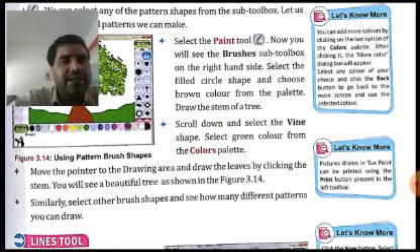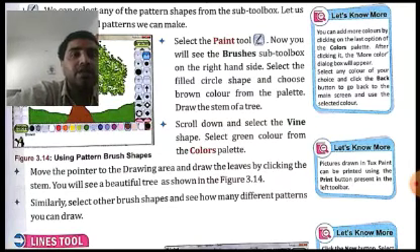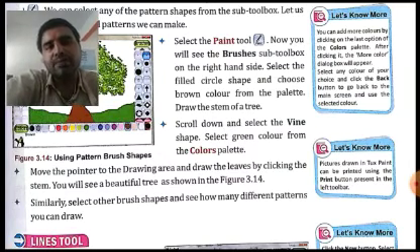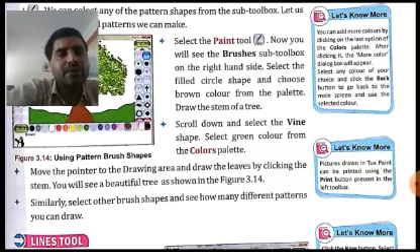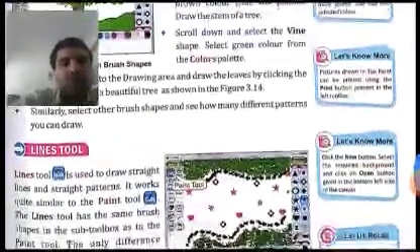Pictures drawn in Tux Paint can be printed by using the Print button present in the left toolbar. So the left toolbar also has a Print option, using which you can get a hard copy of the pictures which we have drawn by printing them on paper. Now we come on to the Lines tool.